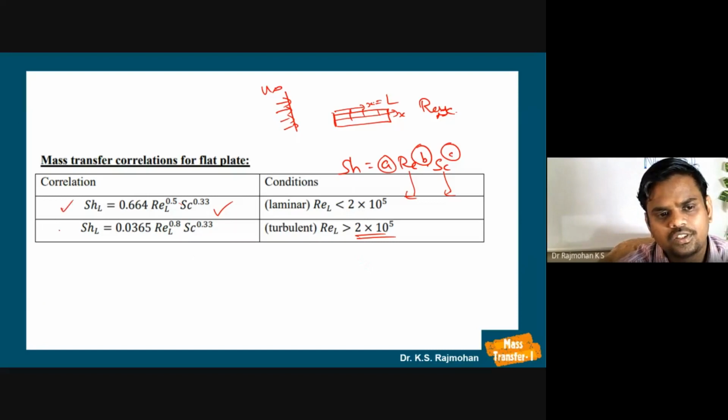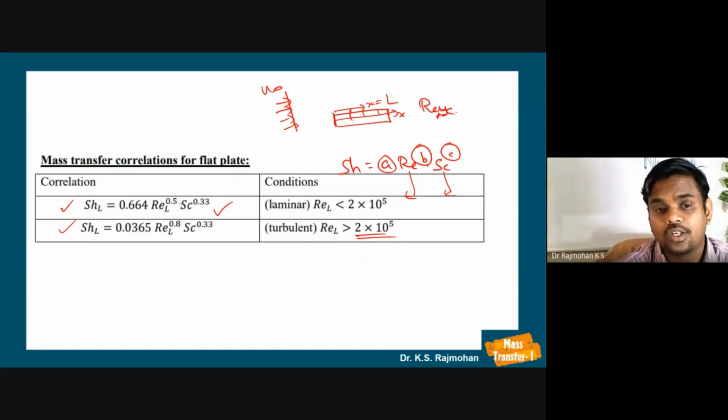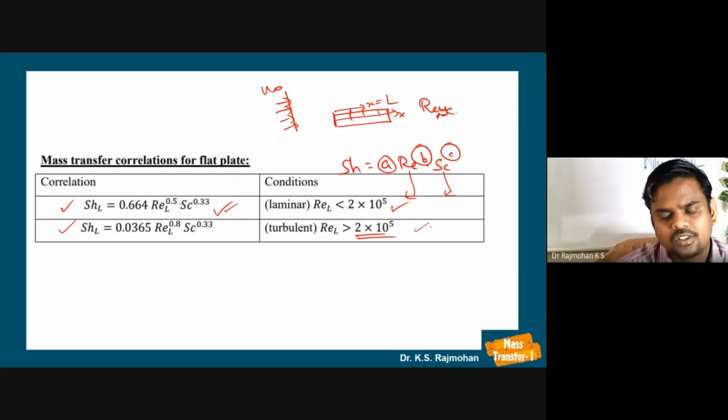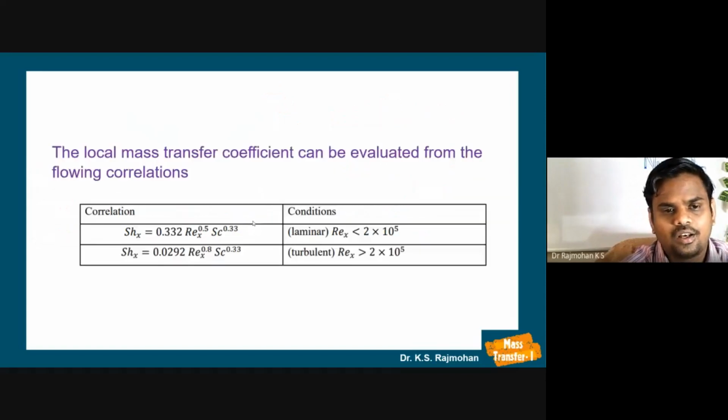Okay, so the first step in the numerical that we are going to solve, the cases you are going to come across in any industry or internship or anywhere you do calculation, is determining the Reynolds number value for the system, and then choosing the correlation from the literature accordingly. My value is greater than this value as mentioned, so I will make use of these expressions. Like that we have to choose the correlation wisely after determining the applicable limit.